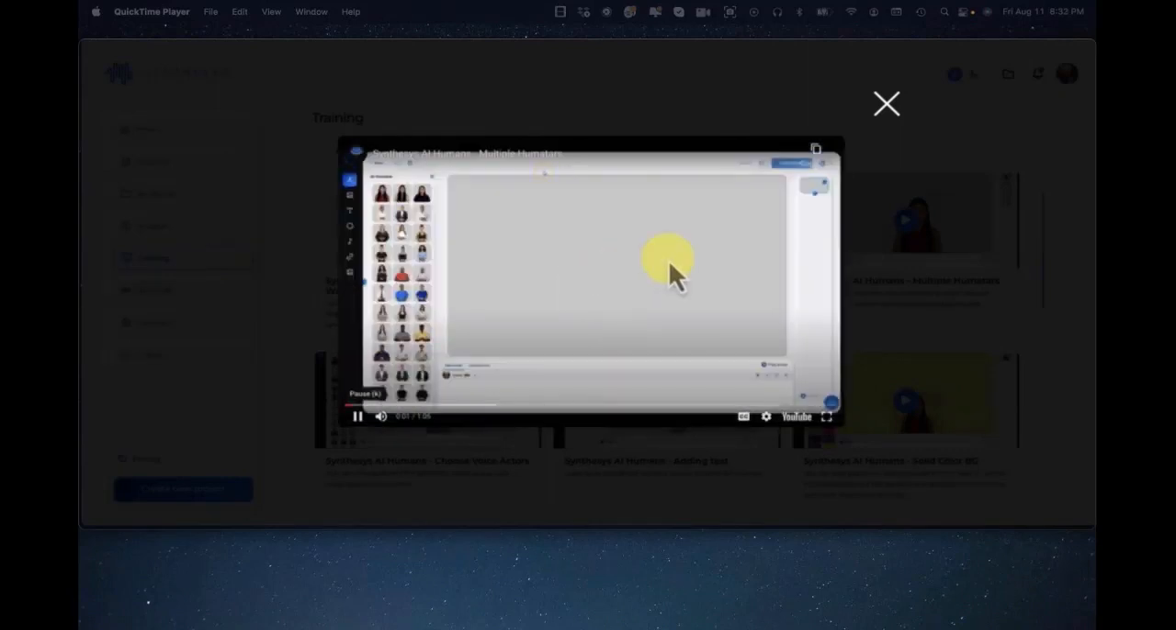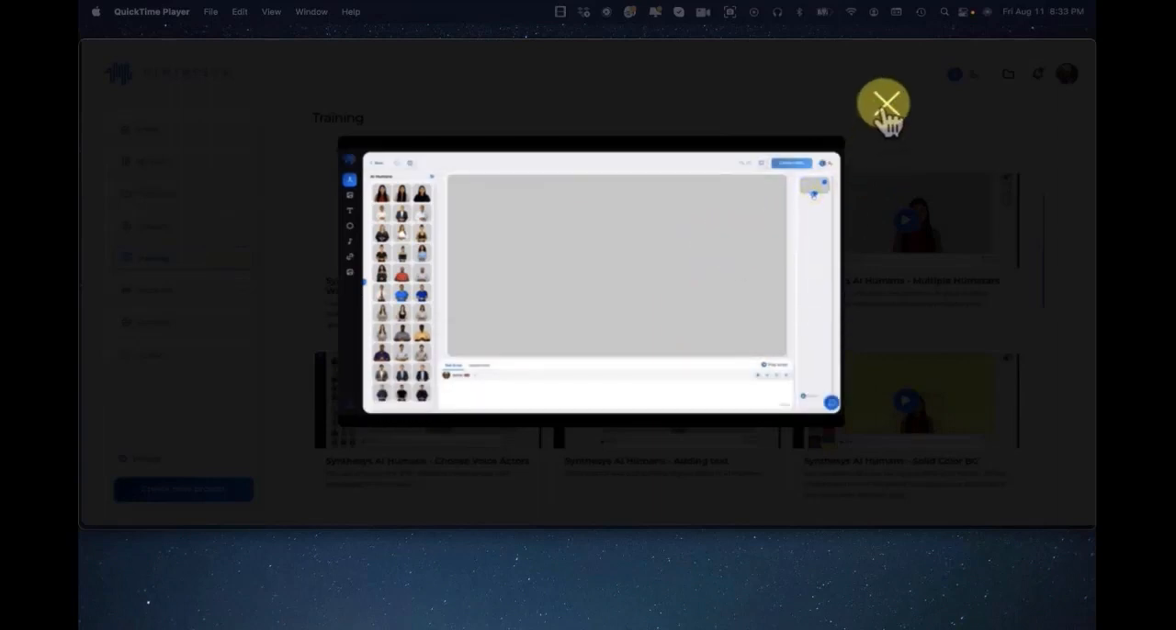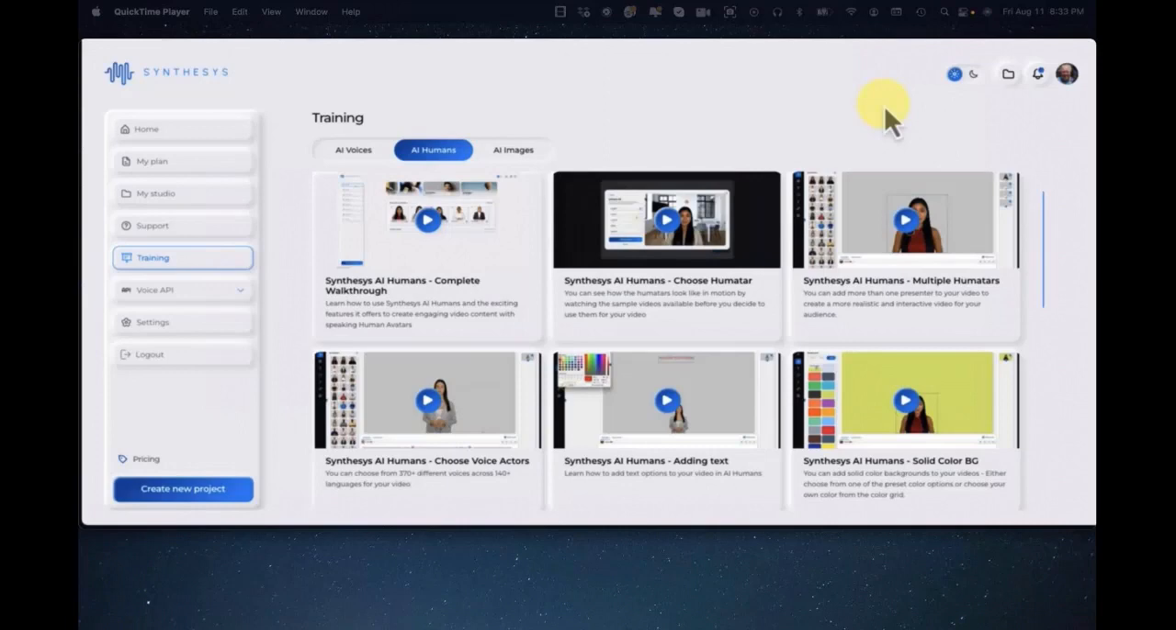Welcome back. In this video, we're going to learn how to add multiple humatars to your video. Okay, so AI Humans has the option of adding slides to your video. So depending on your plan, you